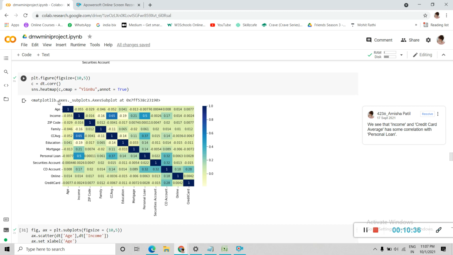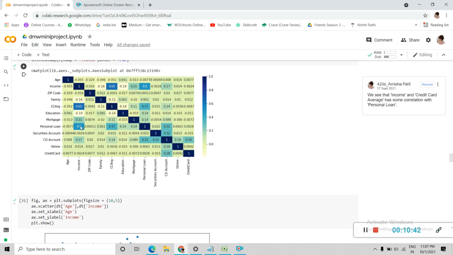We have all our variables here and here, and from this we can observe that income and credit card average have some correlation with personal loan, because these values are greater and more likely towards 1.